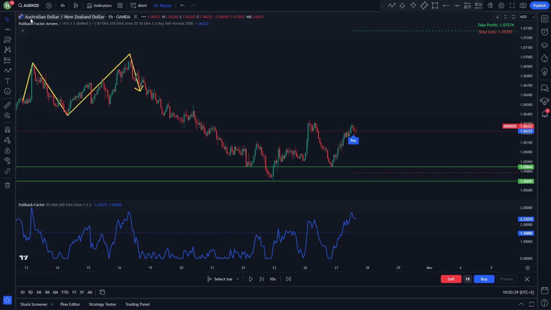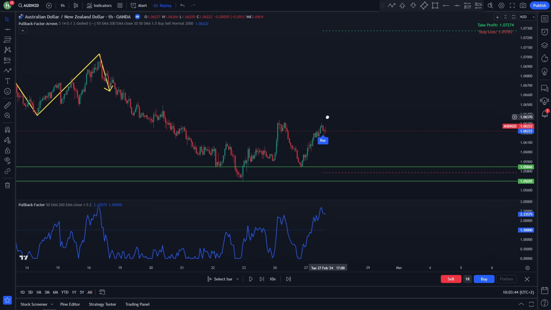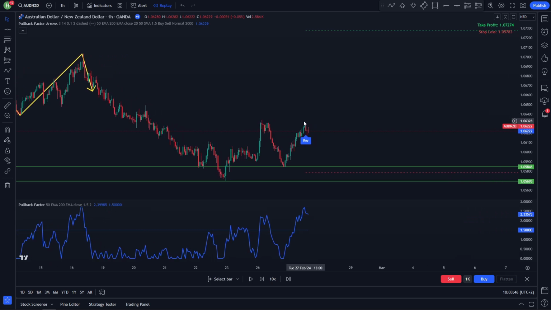For this example, I've selected the Australian dollar against the New Zealand dollar in the hourly time frame. From the chart, we can see that the pair started forming an uptrend, creating higher highs and higher lows. Now, the identification of the end of the pullback provides us with a great opportunity to enter the uptrend and